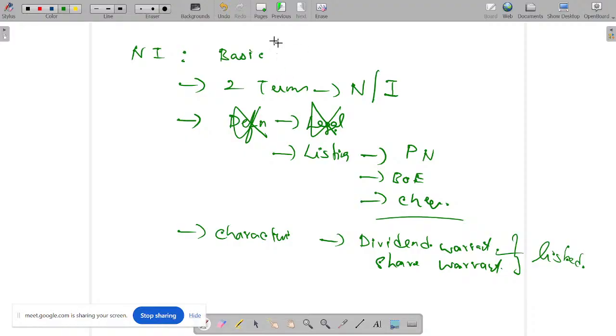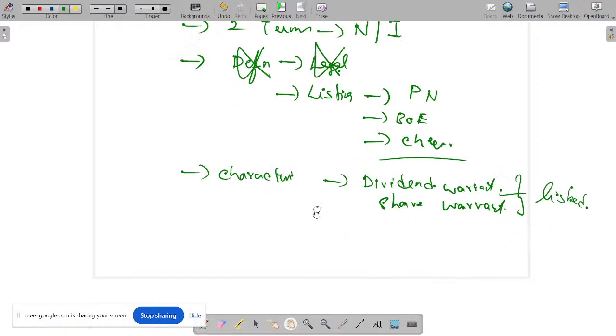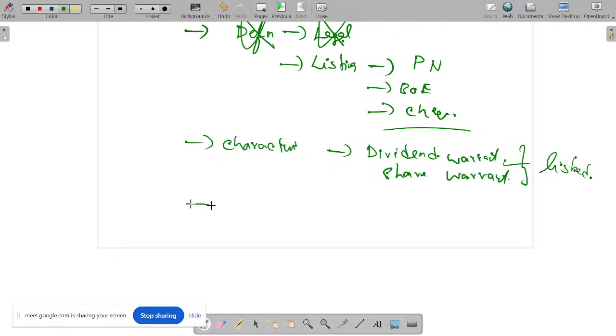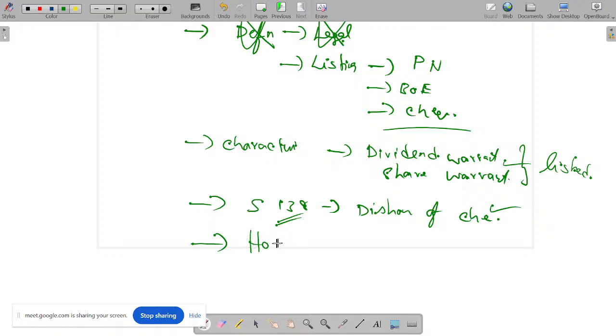Apart from this content, we'll come across a few more definitions and sections. Especially we'll deal with Section 138 with respect to dishonour of a cheque. Yes, all the cases happen on that. Cheque gets dishonoured, and big cases have happened. Section 138 is such an important heading. Apart from this, we'll come across another set of two terms: holder and holder in due course. It is often repeated from the exam point of view. Holder and holder in due course.